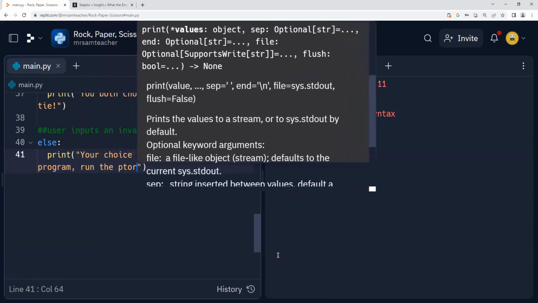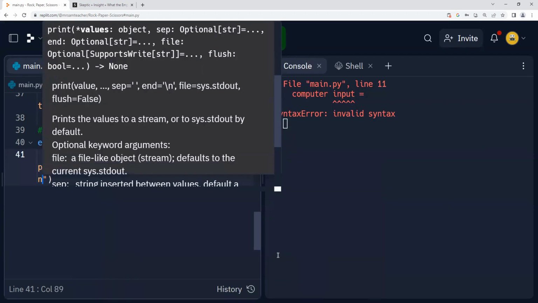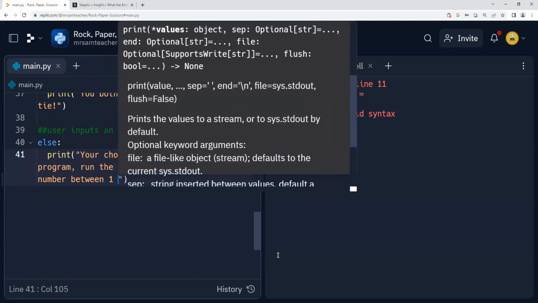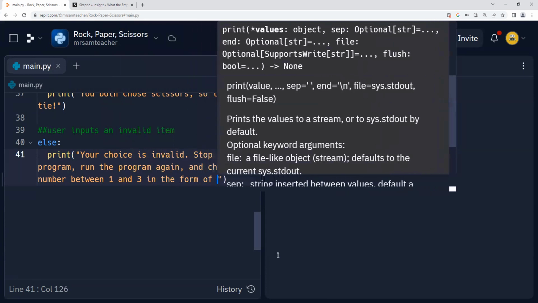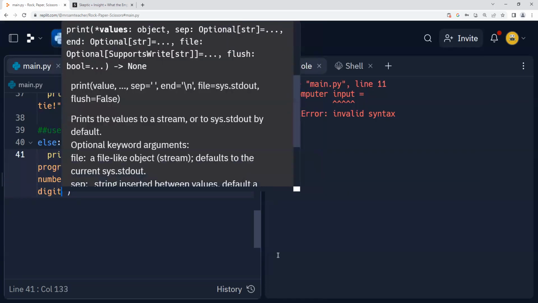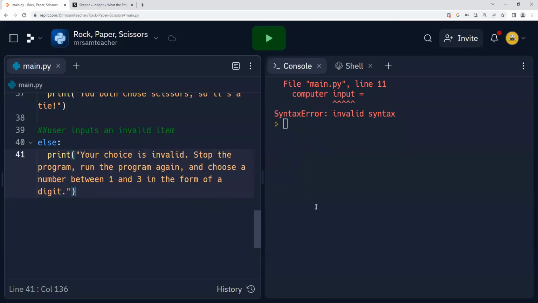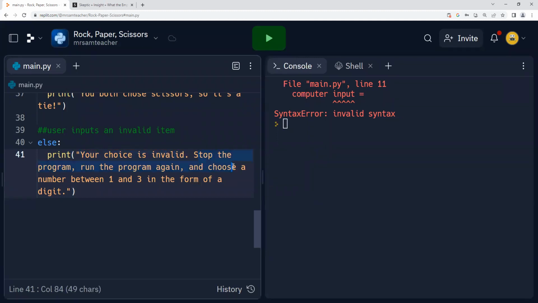Run the program again and choose a number between 1 and 3 in the form of a digit. So your choice is invalid. Stop the program, run the program again, and choose a number between 1 and 3 in the form of a digit. You might not need this part right here.